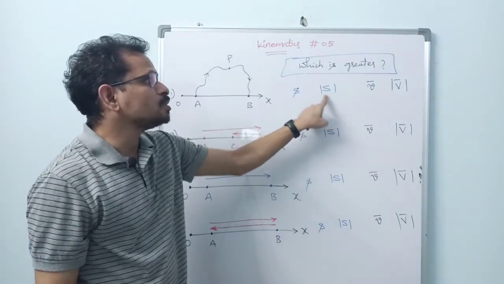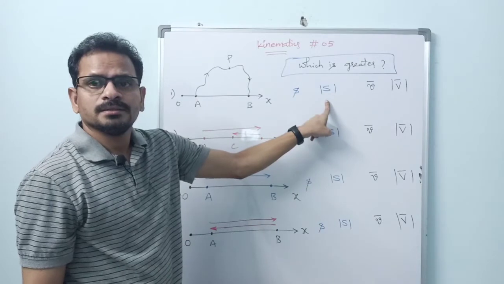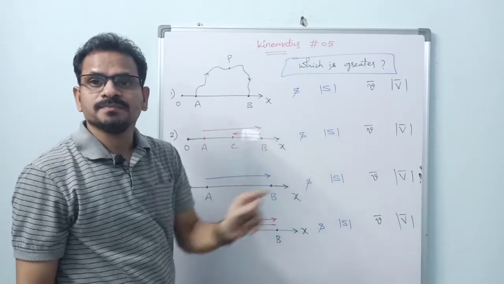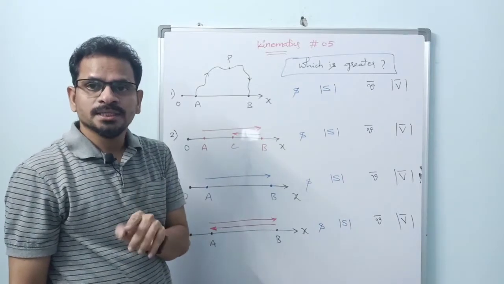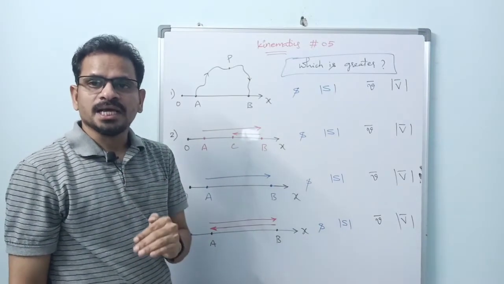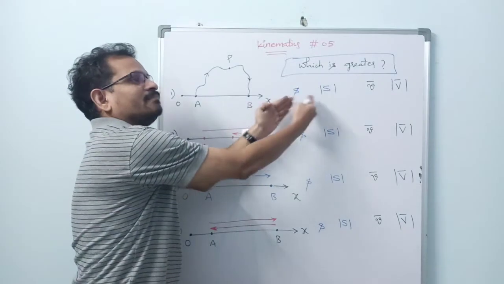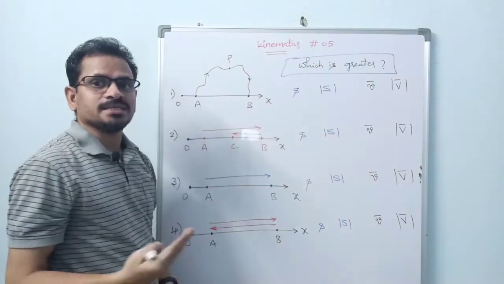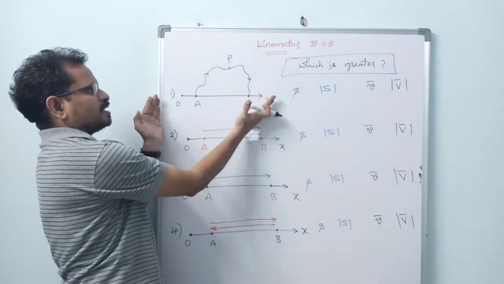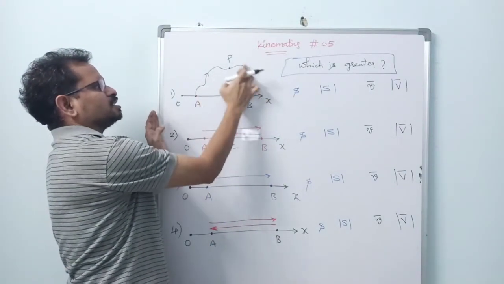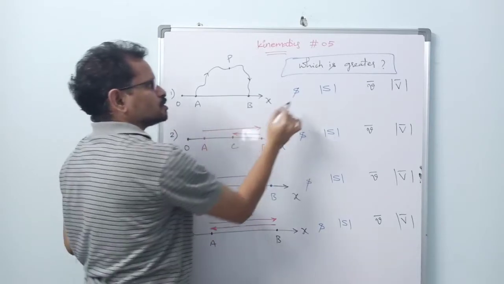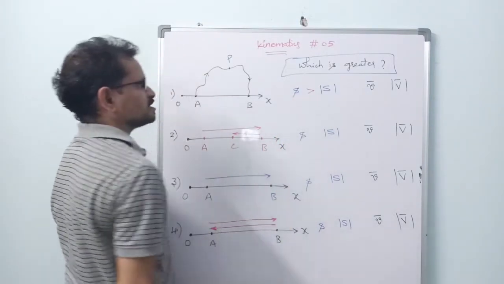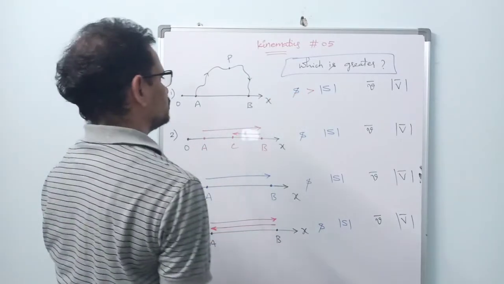And what are these two lines here? To indicate that we are considering only the magnitude of displacement, because displacement is a vector, having both direction as well as magnitude. Here we are comparing magnitudes, magnitude of distance or magnitude of displacement, which is greater. So in this case it is very clear that distance is larger than displacement. So s is greater than modulus of capital S.